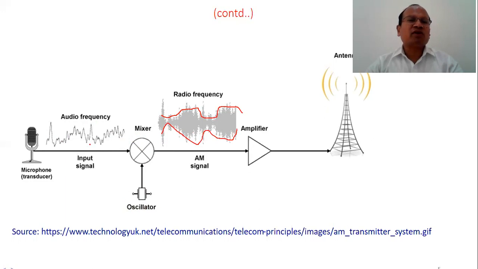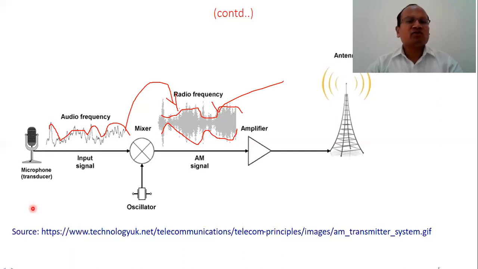This is your amplitude modulated signal, and see this is the pattern. You look at here, this is the pattern. So in the same pattern, the carrier amplitude will change, and this is what we say is the AM signal. It is subjected to a power amplifier and then finally fed to the antenna, a powerful antenna which radiates the signal.